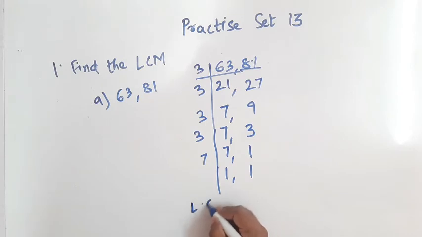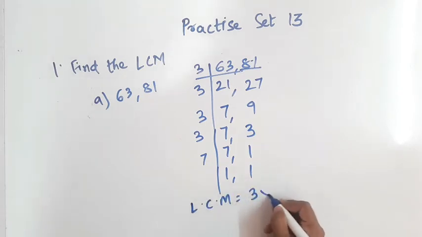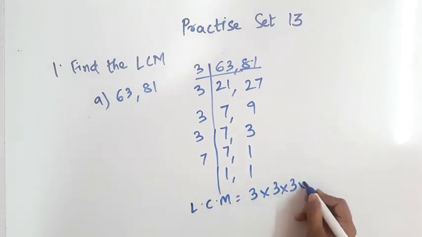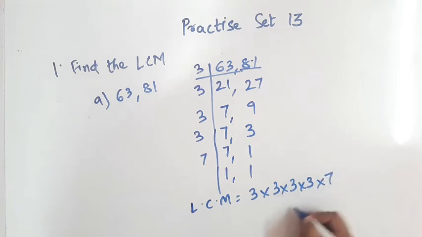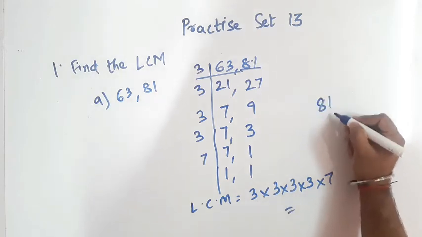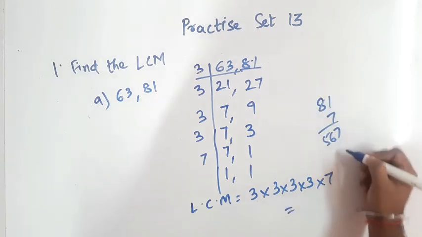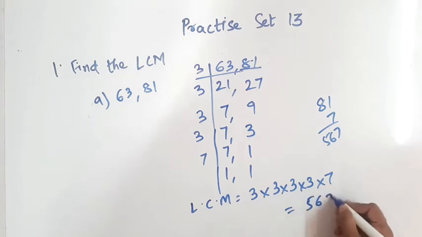So your LCM is 4 times 3 and 1 times 7. What is the product? 3 3s are 9, 9 3s are 27, 27 3s are 81, and 81 7 times. It is 567. Okay children,